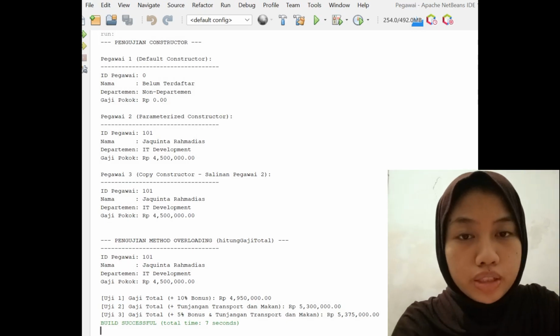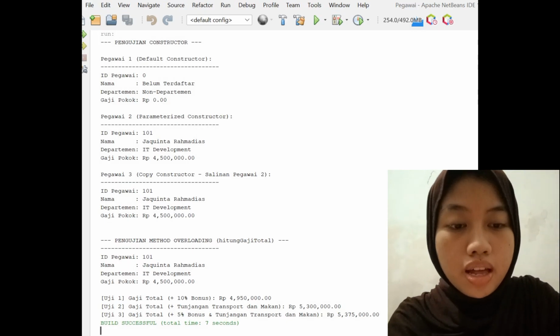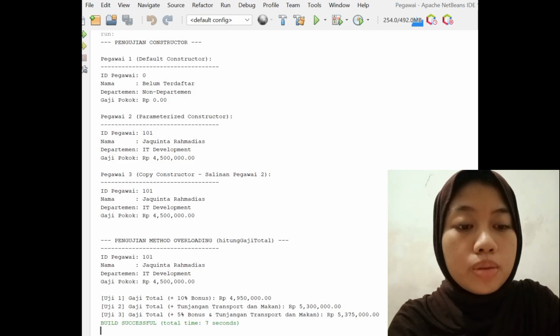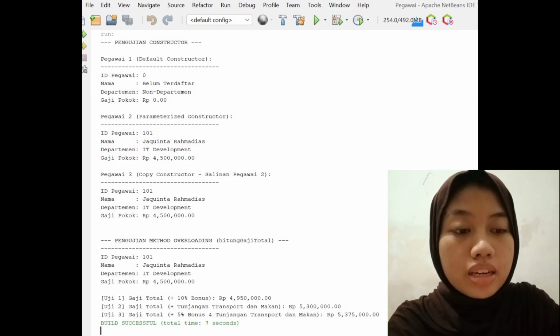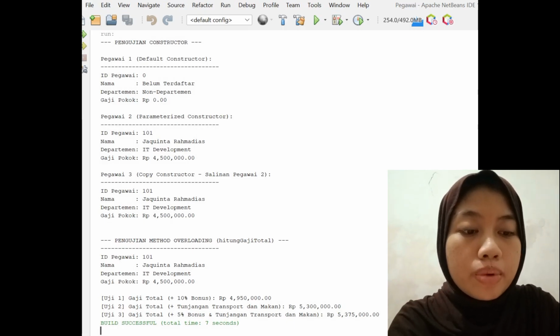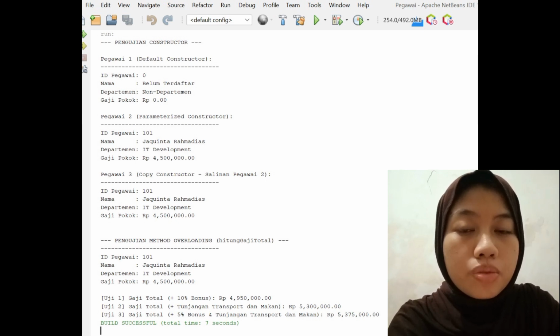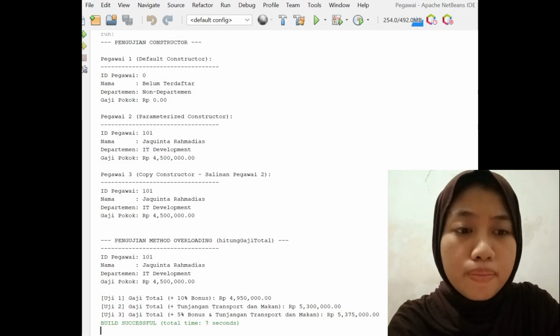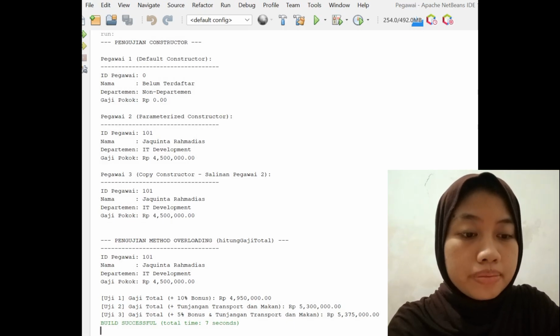And next is the method overloading test, hitung gaji total. The second part of the output shows the result of calling 3 different versions of the hitung gaji total method on the employee2 object, which proves the static polymorphism mechanism, or method overloading. The method called is the one-parameter version, calculate total salary 10, which calculates a bonus of 10% of the base salary.